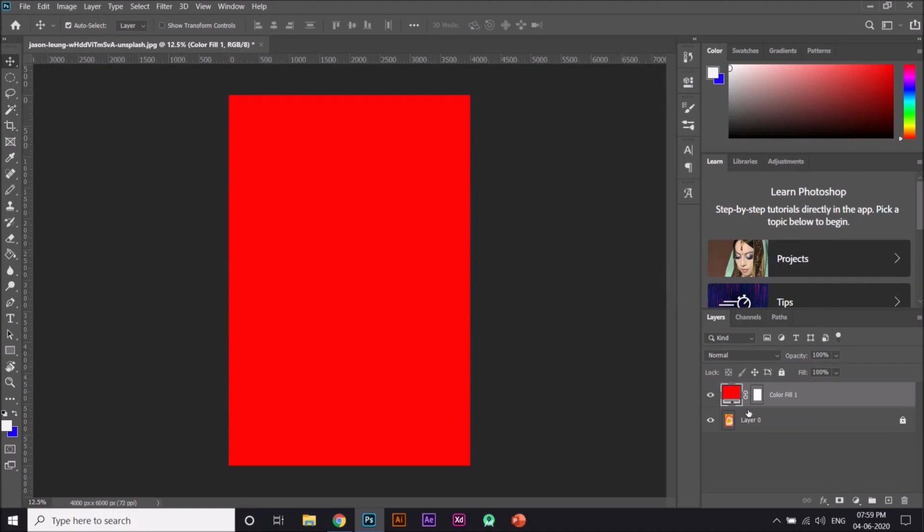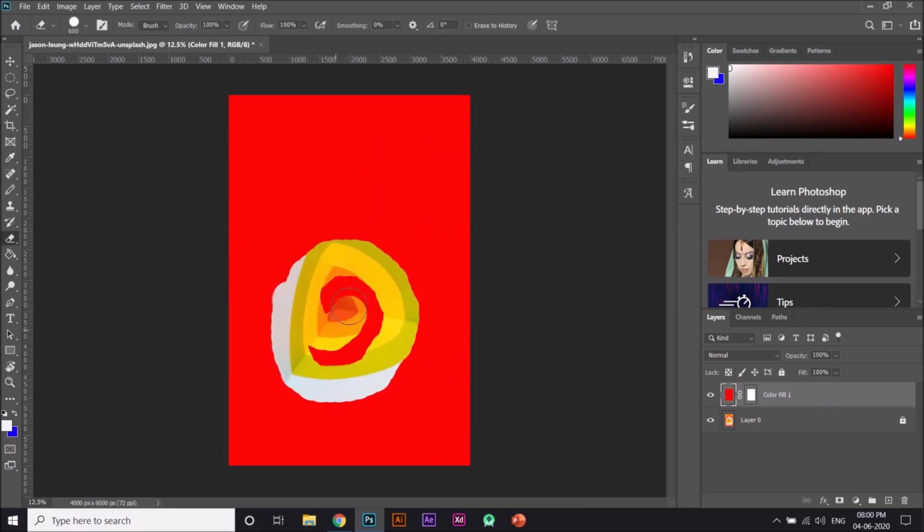So this is nothing but a mask. In a layer mask, you can edit the masking, that is, you can add or delete a particular mask. So what I'm going to do is take the eraser tool using the keyboard shortcut E, and then click on OK. It will rasterize the layer, and then I'll just remove this color.